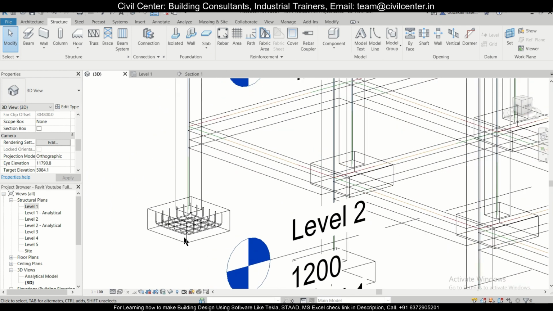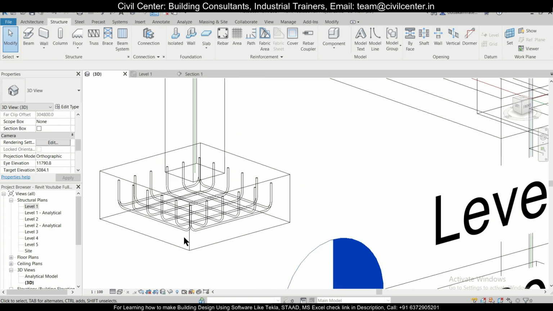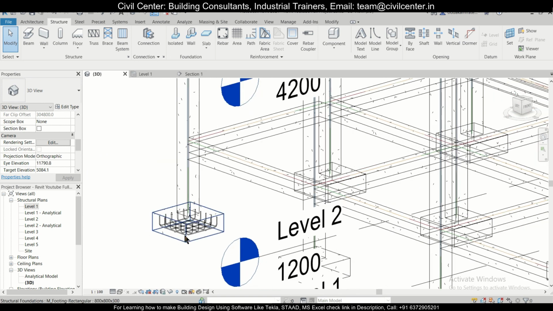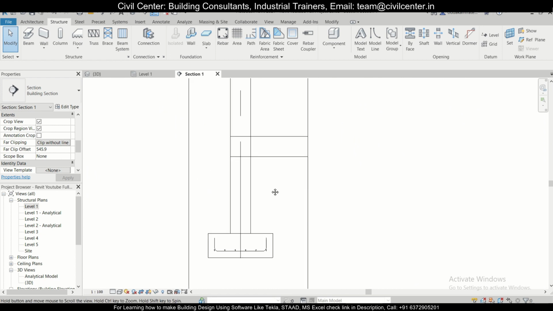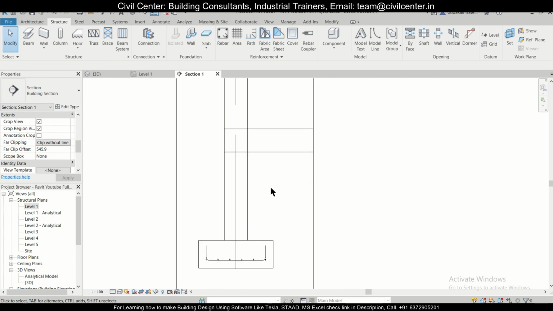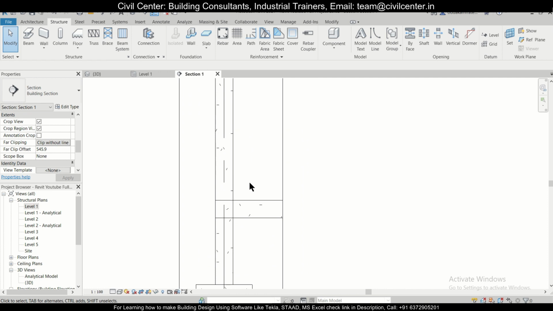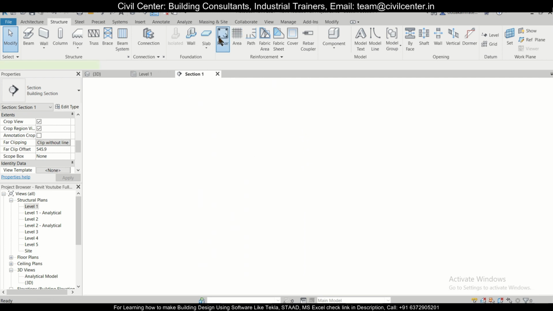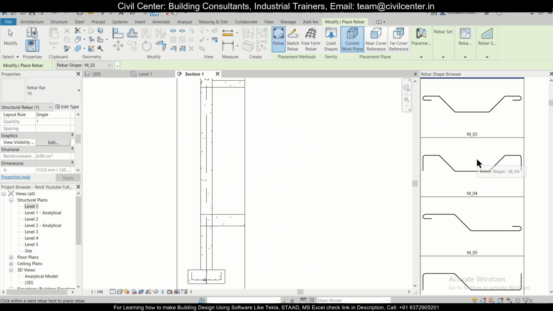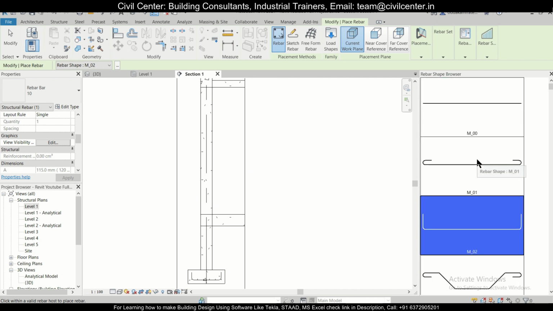After that we can insert our reinforcement for the columns here. For the columns we can also use this section for reinforcing them. So for the columns, let's select this view, go to rebars, and first of all let's go for the longitudinal bars.